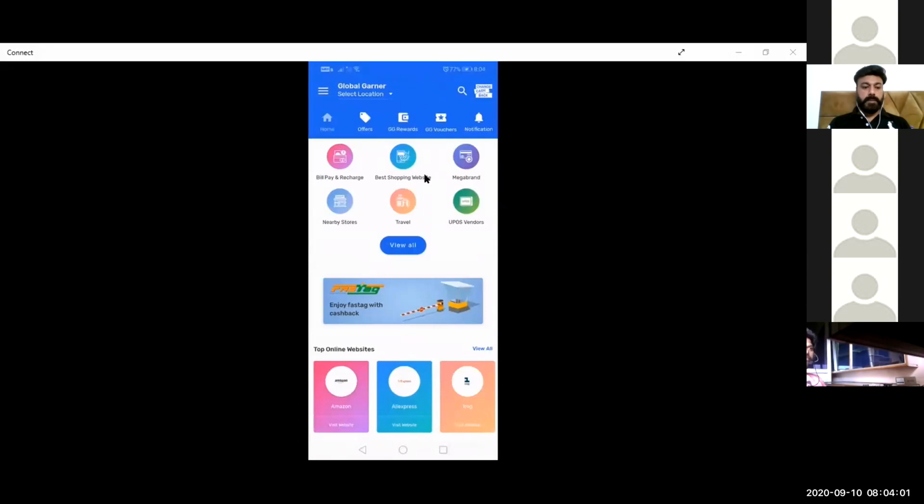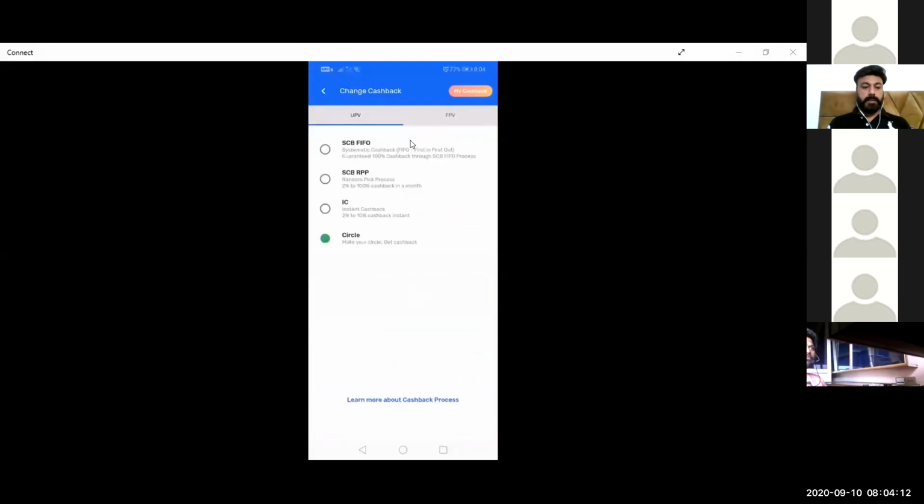Then the second thing, most important thing you need to do is to choose your cashback before going forward, right? So here is the icon to change your cashback. Just click on it. Now there are 3 cashbacks available. 3 options of cashback available here in the application. So you need to change your cashback as per your choice before going further, right?